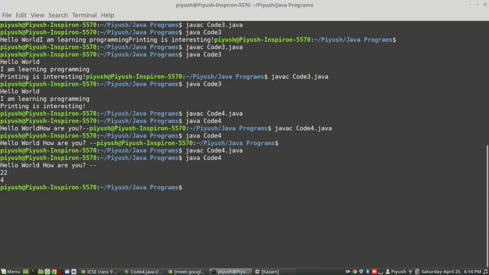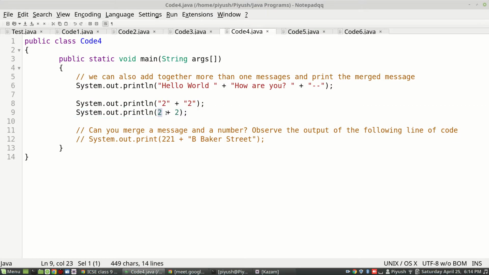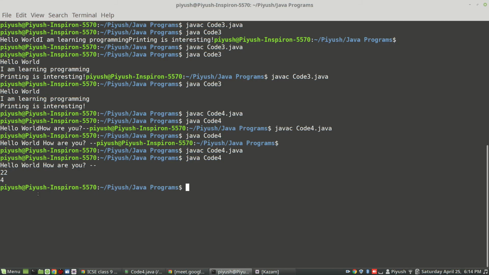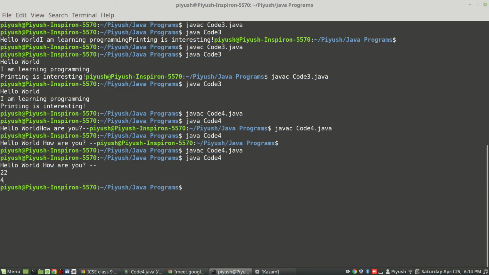So 22 appears, and in the final case, it's taken as a number, so 2 plus 2 results in the mathematical result, that is 4. That will be displayed on the screen as numeric 4, not as a message. Though you won't come to know, it is taken as a number internally, and this 2 is taken as a message internally.